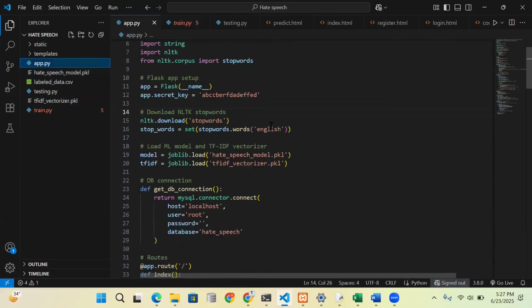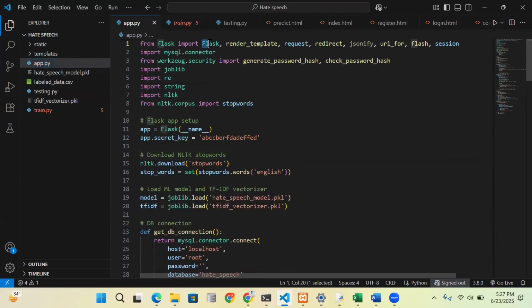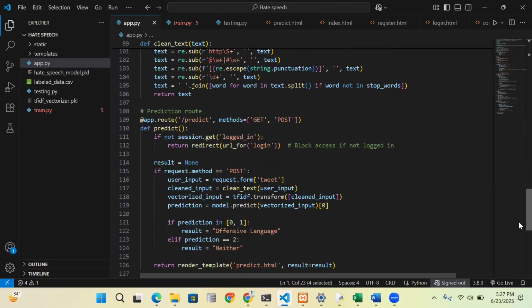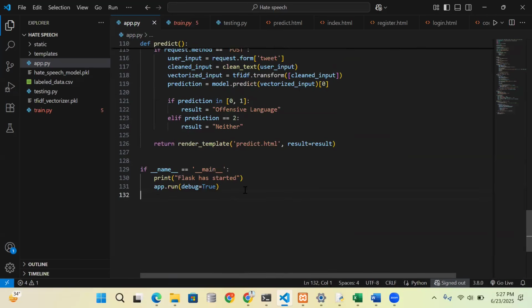And this is my code, app.py. Here I'm using Flask to integrate with the HTML pages and create web pages. Flask is a framework of Python. So this is the one class. First we need to create one object, so that object is equal to __name__. If that __name__ is equal to __main__, then our app will run here.